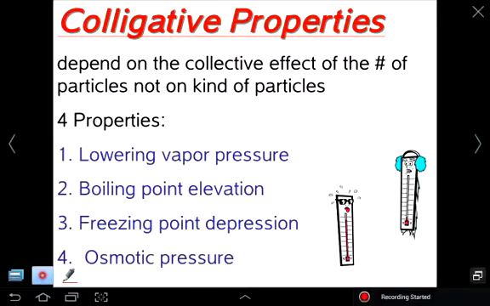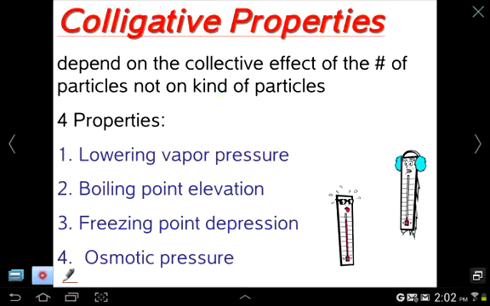Chapter 13, Lesson 3. In this lesson we'll talk about something called colligative properties. Essentially these are the properties of solutions as compared to the original solvent. Colligative properties depend on the number of particles in the solution and not the kind of